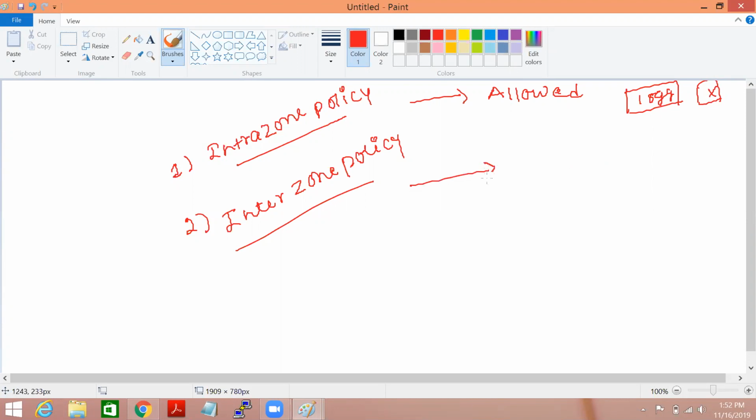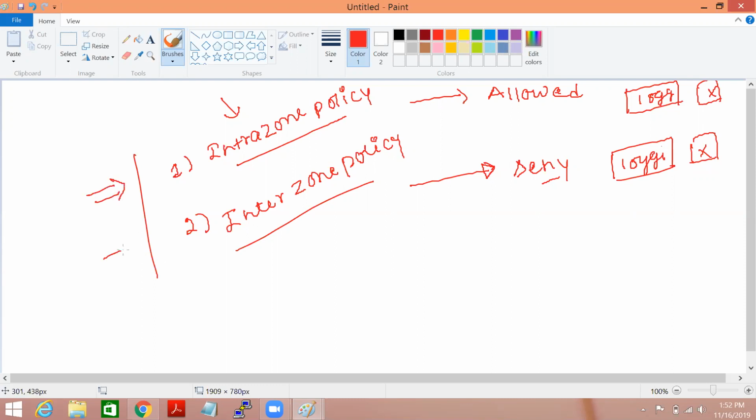Whatever rule is hit, whatever traffic hits this particular rule, will not provide any kind of log. And interzone traffic will always be denied, and this also does not provide any kind of log by default. These two policies are there in Palo Alto to control zone-based firewalling.